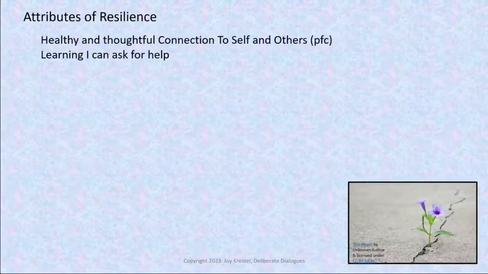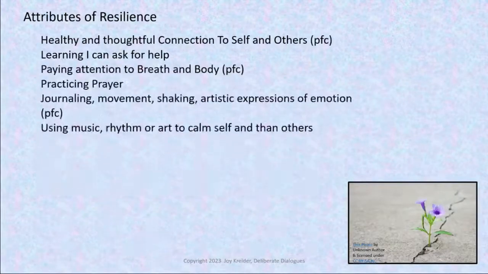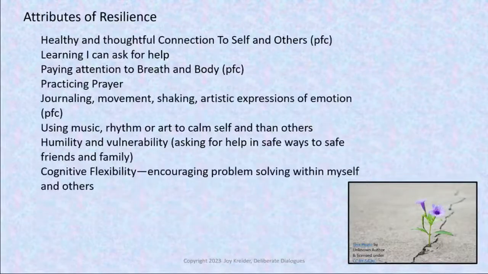I talked about the community, and I think it's unfair of me not to go to that data, which means we might not look a lot at, well, we will look at this. Attributes of resilience. It might not surprise you to know that most of the things that are on here have something to do with prefrontal cortex and the window of tolerance. Healthy and thoughtful connections to self and others, learning I can ask for help, paying attention to breath and body, practicing prayer, practicing journaling, movement, shaking, artistic expressions of emotion, using music, rhythm, or art to calm the self and then others,